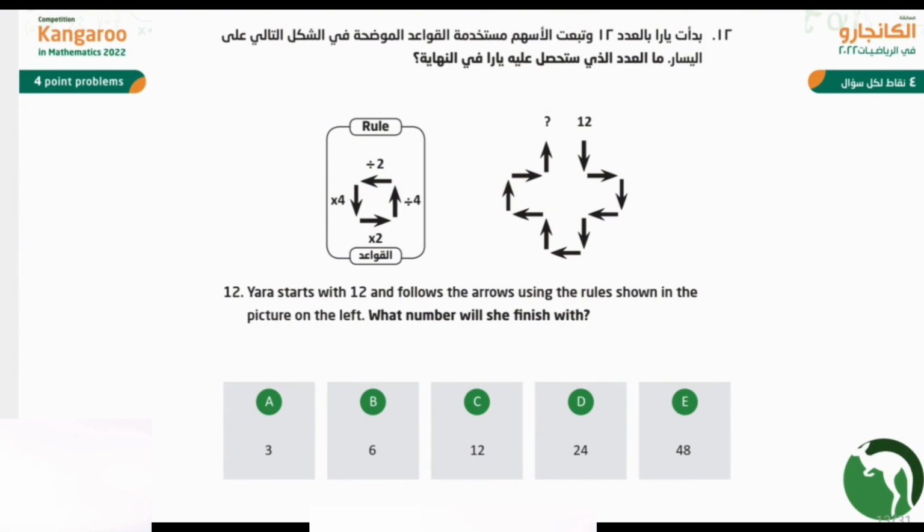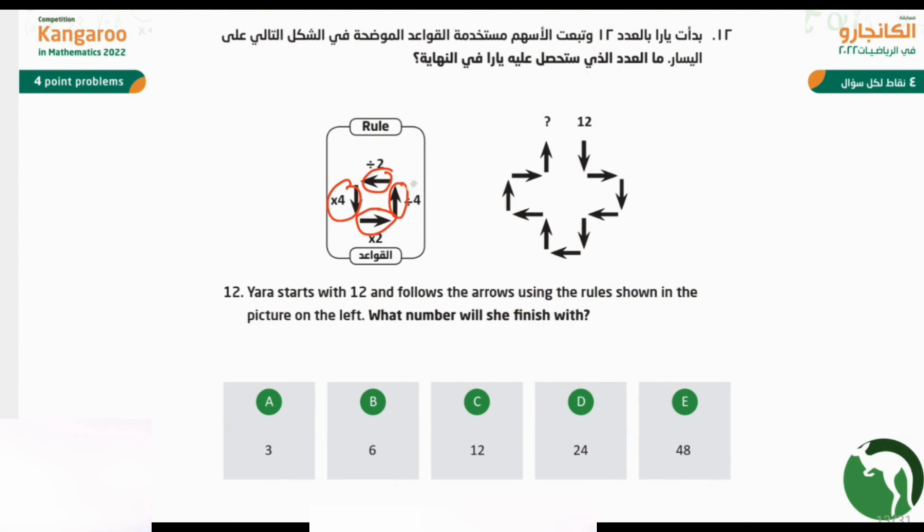In question number 12, Yara starts with 12 and follows the arrows using the rules shown in the picture on the left. What number will she finish with? Okay, now let's look at the arrows here. So we have here the direction to the left divided by 2. If it is to the right, we will multiply by 2. And if it is upward, we will divide by 4. And here we will multiply by 4 if it is